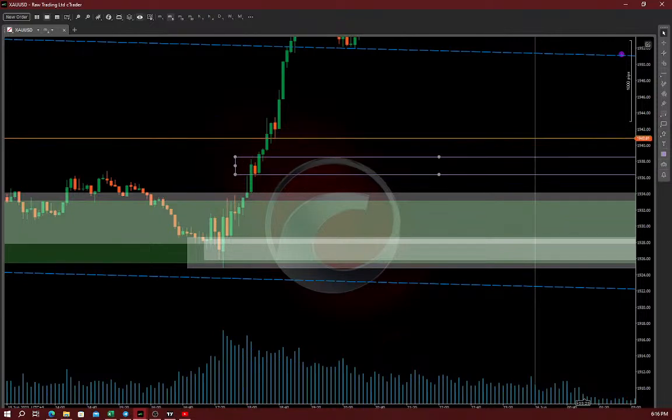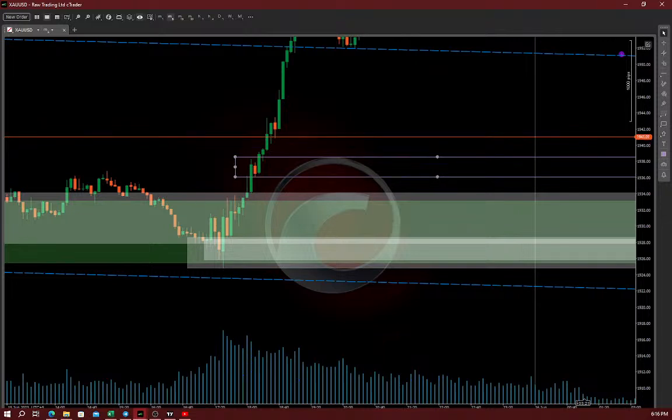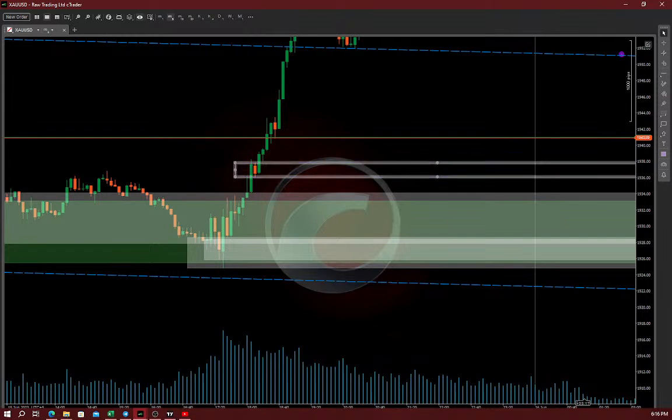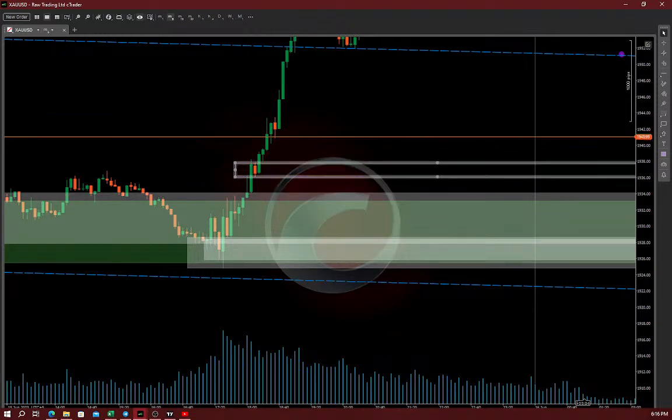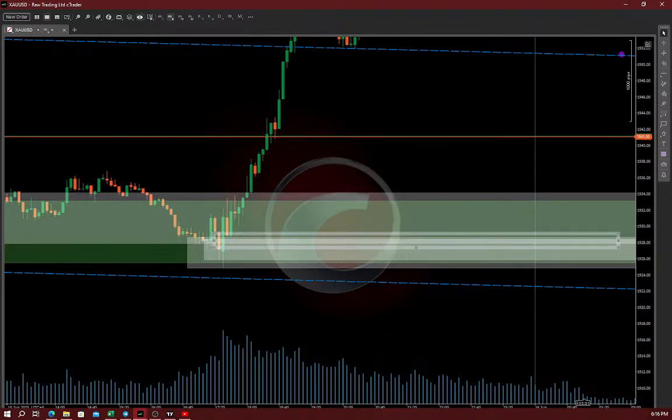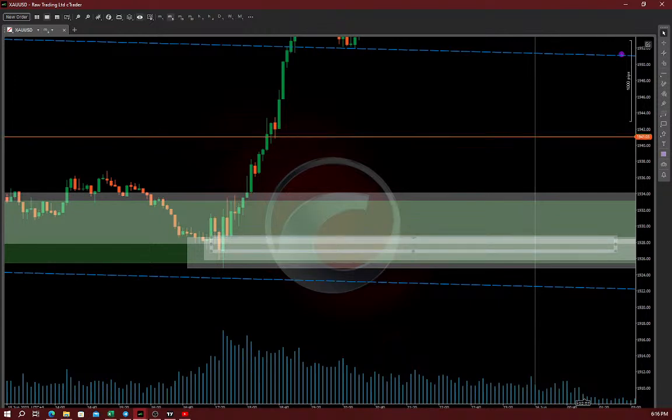Wait here a bit, but this is not a strong zone. So I will not be taking my chances here for a buy. This is not the zone where I will take my chances, but I will take my chances here. If it comes here, where I have the probable cause, which will be somewhere here, and I get a chance to enter, I will definitely be entering this zone, this darker zone,